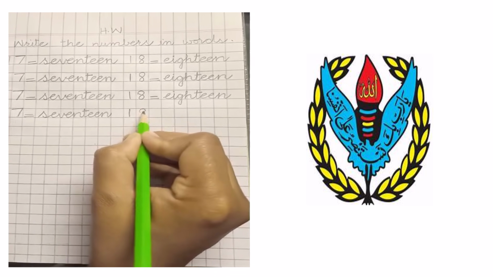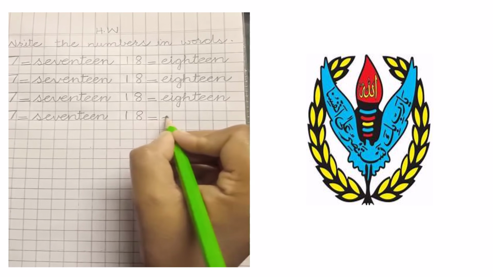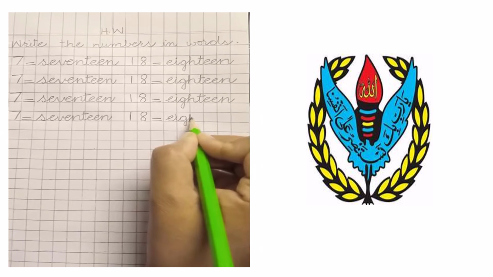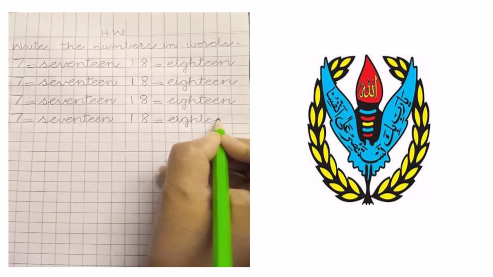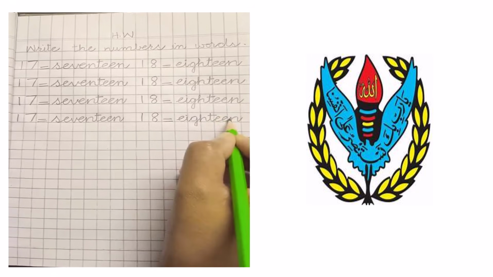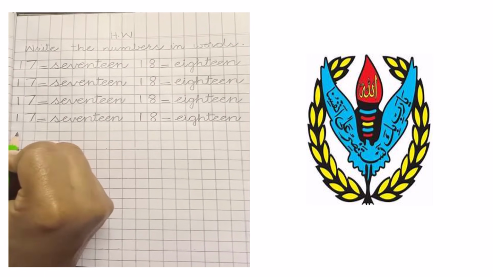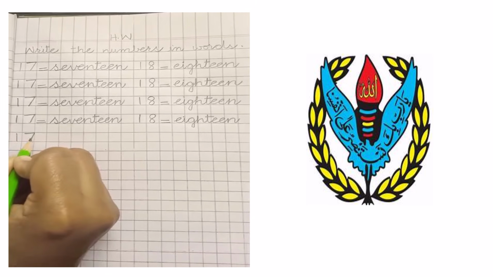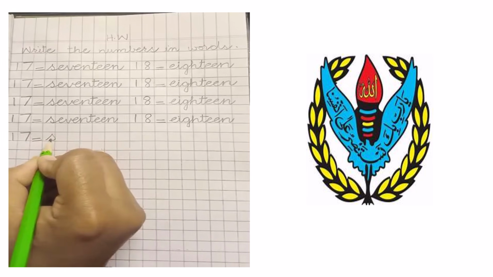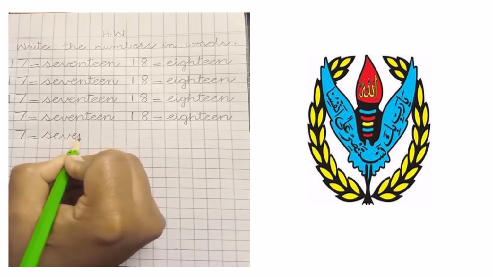1 ten and 8 ones, 18, sign of equal, E-I-G-H-T-E-E-N. 18. Leave one box. Again write number 17, 1 ten and 7 ones, sign of equal, S-E-V-E-N,